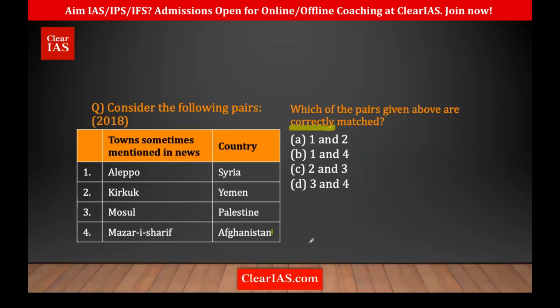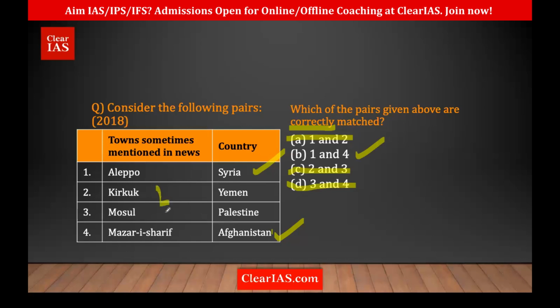So how do you arrive at the answer? We already studied Aleppo, Syria. That is correct. Mazar-e Sharif, Afghanistan. We spoke about the Garland Highway. Mazar-e Sharif was a part of it, right? So we know these two are correct, and we are not sure about the others. Even if you don't know about those, whatever option is without 1 and 4 you can eliminate. Here there is no 1. Here there is no 1. Here there is no 4. So the answer is 1 and 4. So you can always arrive at the answer.